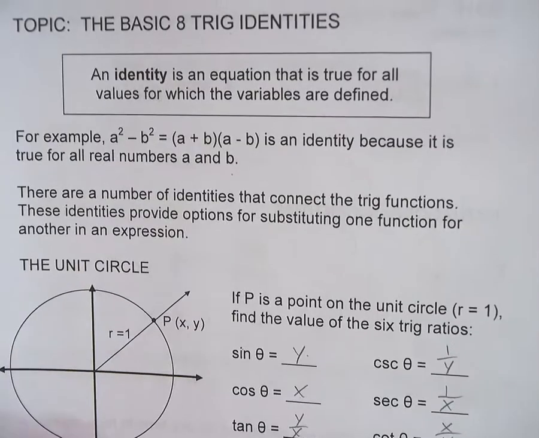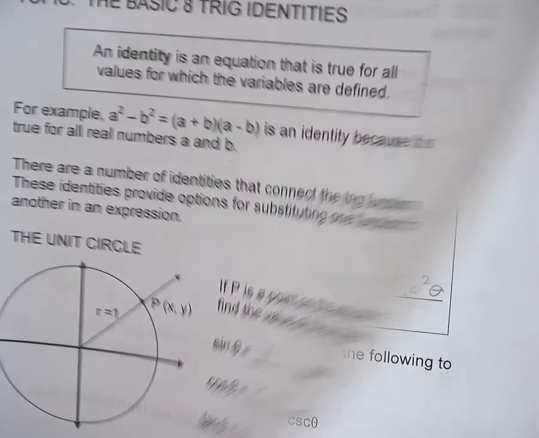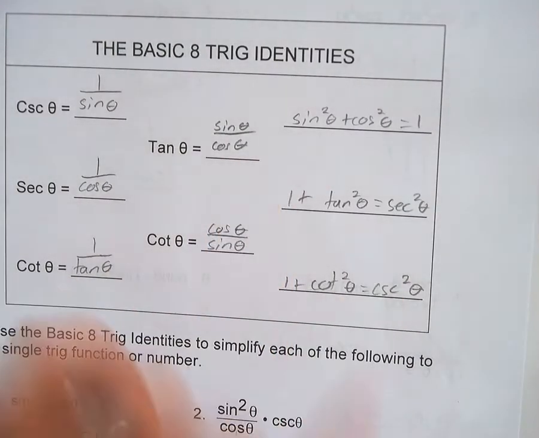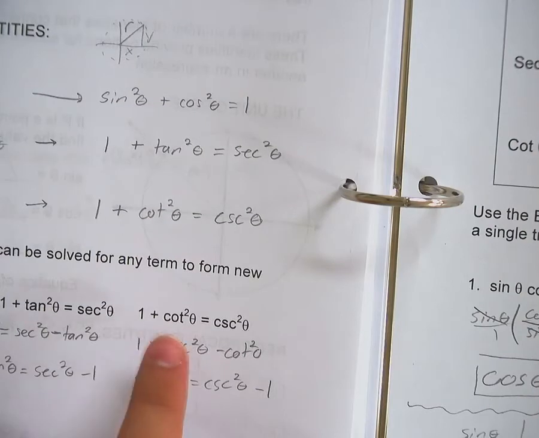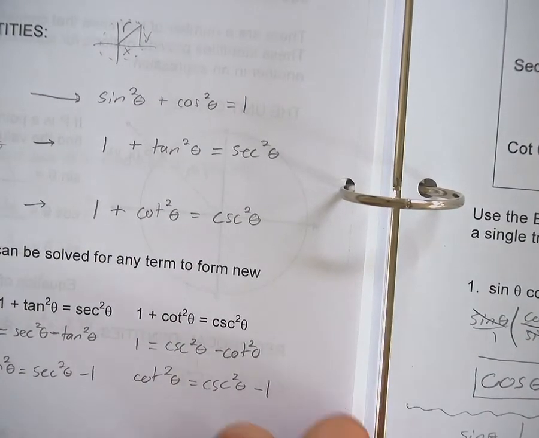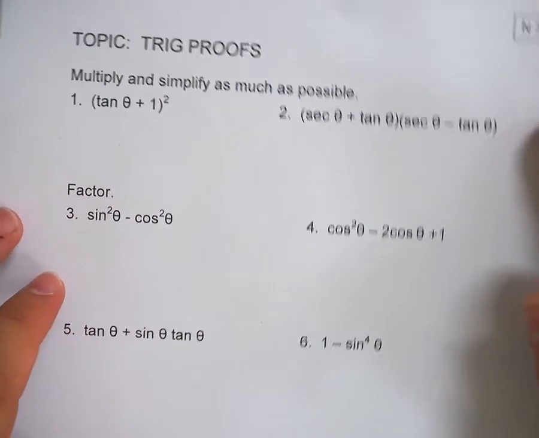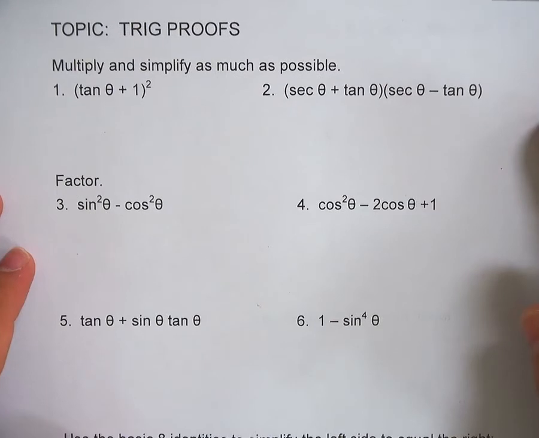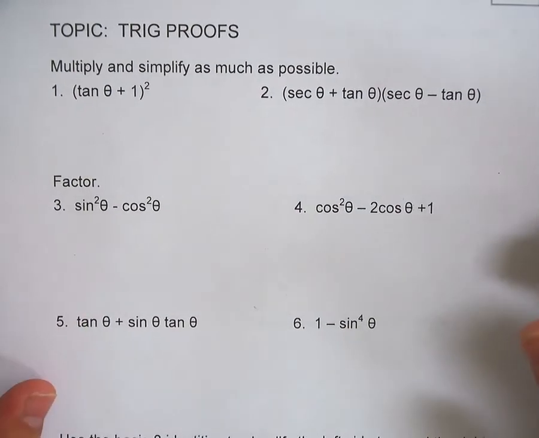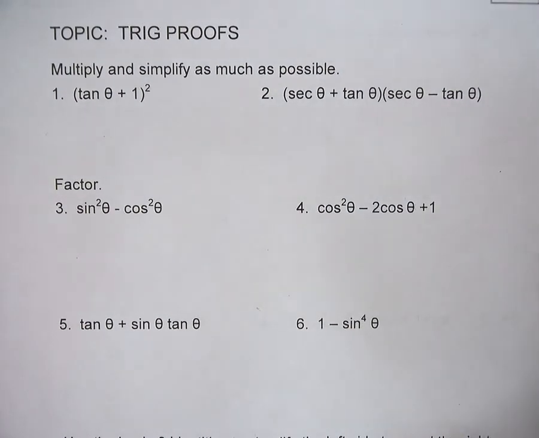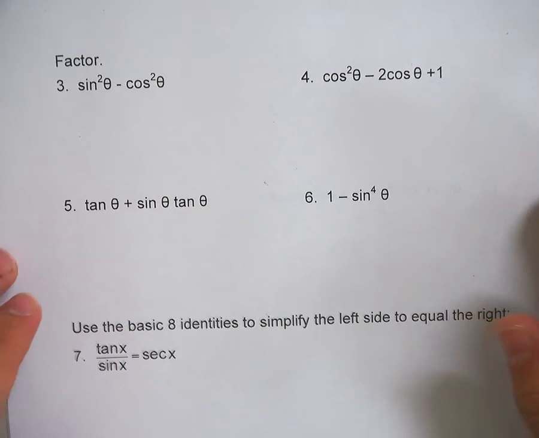The basic 8 trig identities, right? You got your box of the basic 8s. And then a couple of those Pythagorean identities from that other page over there. You'll need those. What we're going to do is use those to simplify as much as possible, and to prove that two things are equal. So I want you to pause the video for a second and get those out if you don't have them. Pause. Okay, so before we get into the proofs, which are going to happen down here,